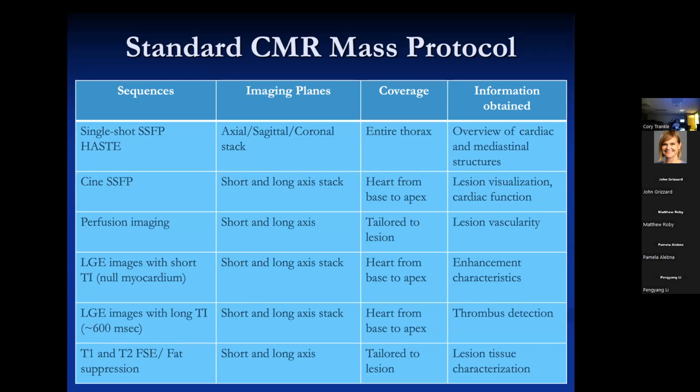But you get some T2 images from that. And you get T1 data from the late gadolinium enhanced images as well as the perfusion images. So I don't always get T1 and T2s, and if I do, it's maybe just a slice or two, because the other little secret about them is that almost every tumor is isointense on T1 and bright on T2. There's a notable exception to that, and that's worth talking about. But other than that, I find it to be less helpful than you might think.